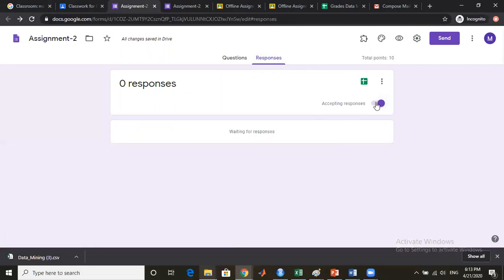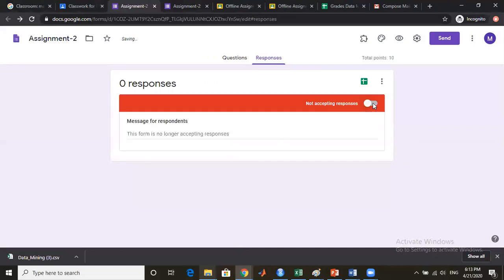It is enabled, meaning this assignment is open, and as soon as I share the link of this assignment with my students, the students can respond to it. If I set this option as disabled, then even if I share the link of the assignment with my students, the students will not be able to submit the assignment until I enable this accepting responses button.